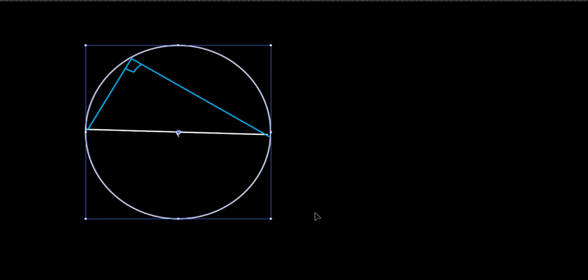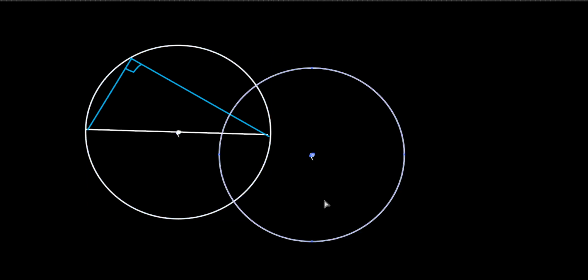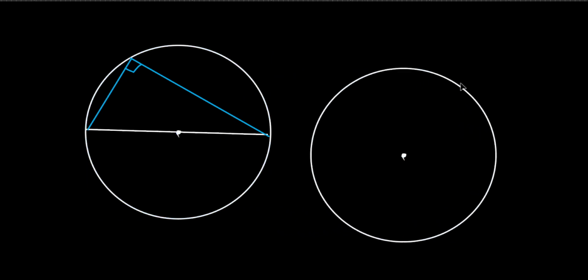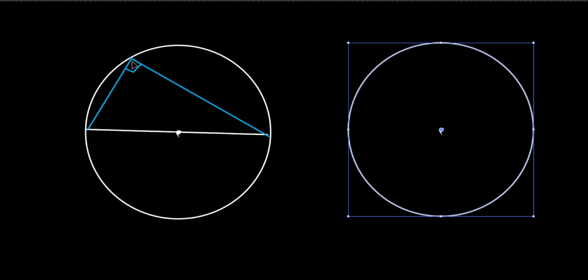I didn't just draw this a certain way to make it a right angle. Like I didn't pick the exact spot on the circle to make that a right angle. Okay, watch this. If I had another diameter